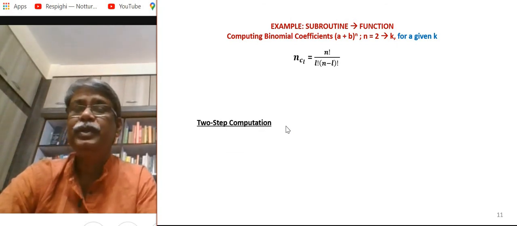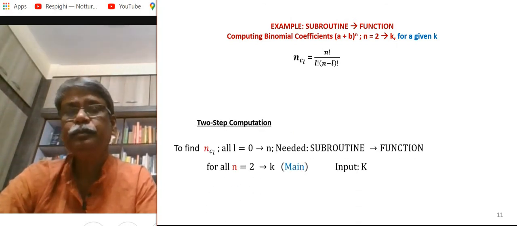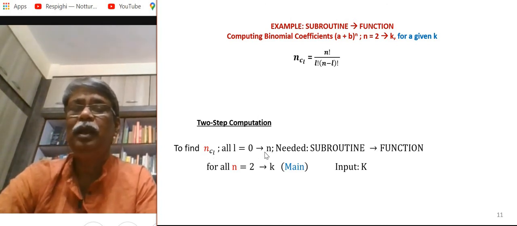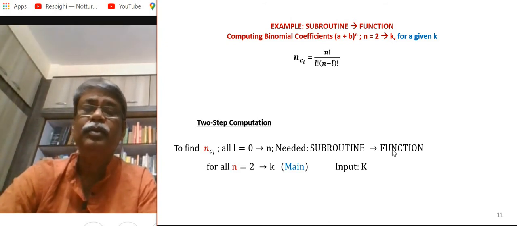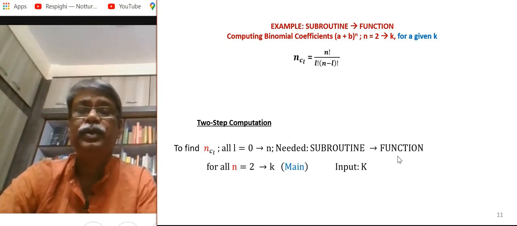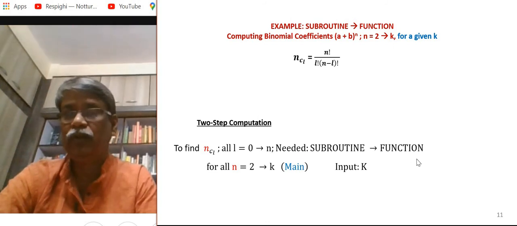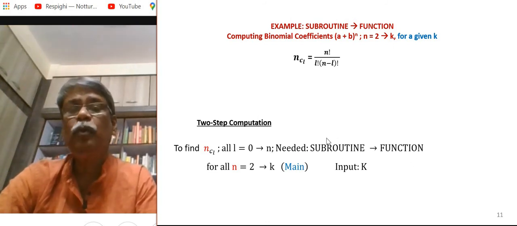Again, I will be doing the same nCl calculation, and it's a two-step calculation. How? Because of course you have to evaluate nCl for all l from 0 to n, and that I will be doing in a subroutine, right? And for a given n, I will be doing it in the subroutine, and that in turn uses the function subroutine, that ifact, factorial calculation. So in a subroutine I will be calling